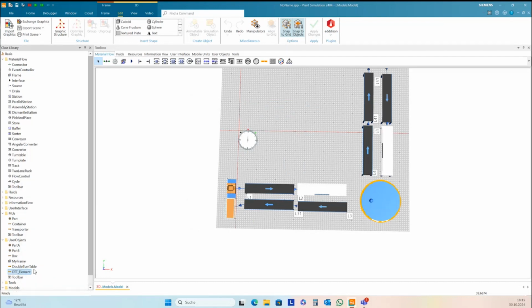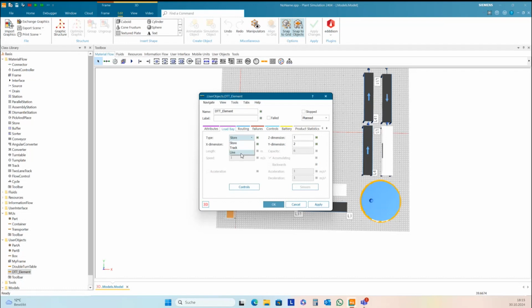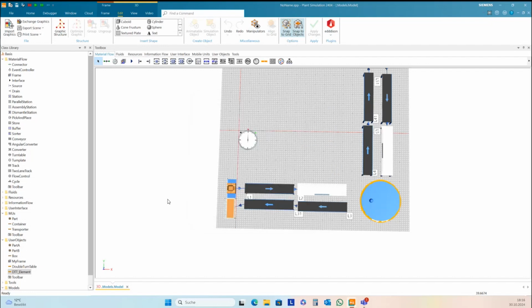No, first we need to set up the load bay here. The load bay type should be line, and the length of this is 4 meters. Okay. Then open this in a 3D frame.